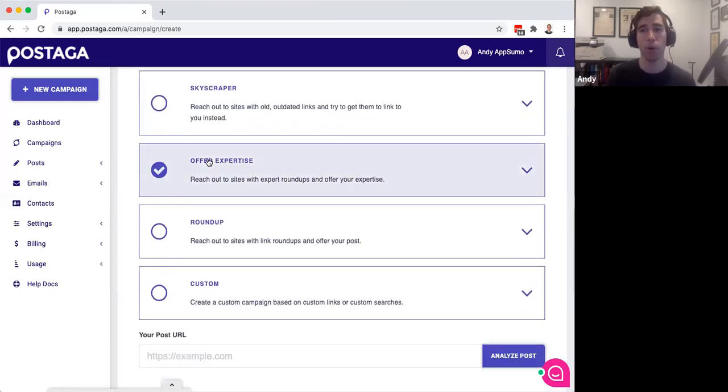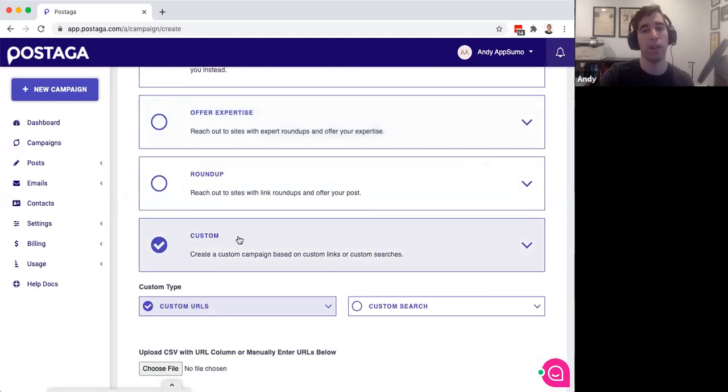Then there is the Offer Expertise campaign, which I'm sure you've probably seen a lot of expert roundup articles, like 25 experts share their opinion on SEO or whatever. We'll find those articles and then you can pitch those websites your unique take on the topic. And the last one I want to show is the custom outreach, where you can basically build whatever type of